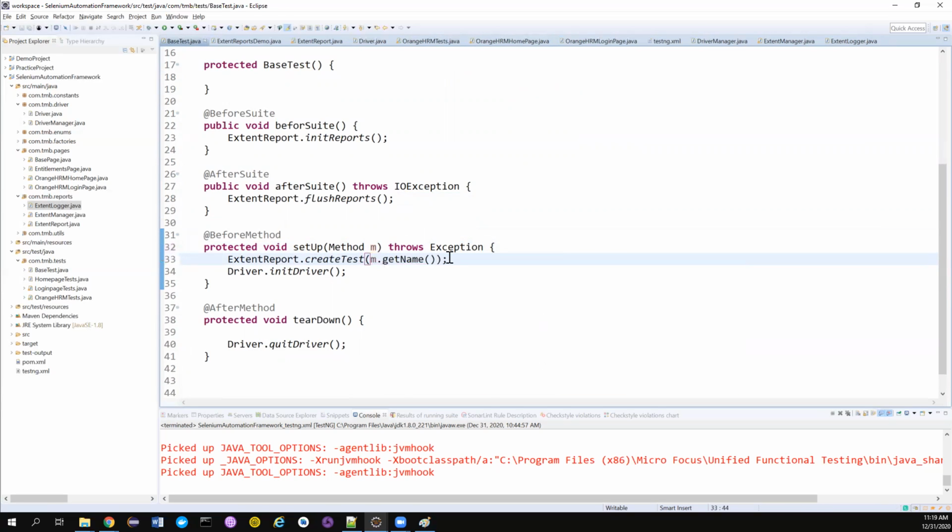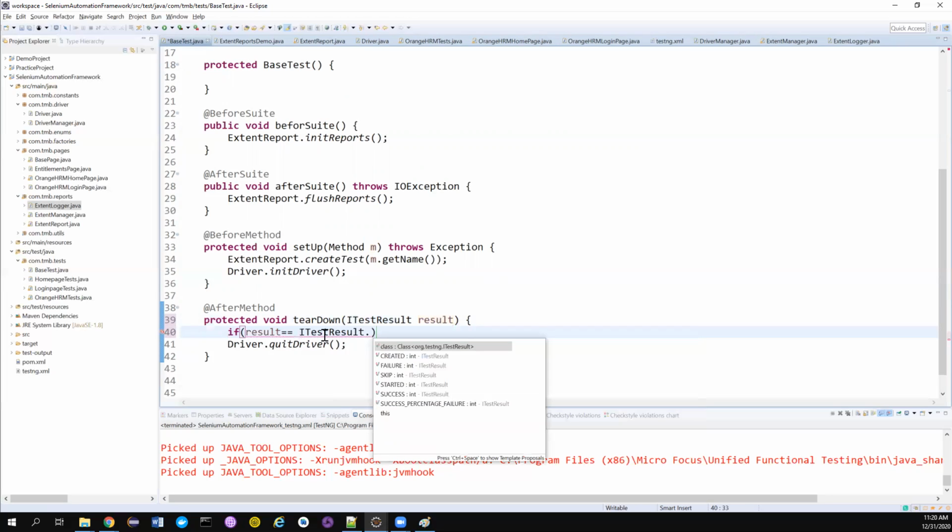So you can dynamically get the test name using reflection. That's all good. Now, even if you want to know whether the test is passing or failing, what I can do is use ITestResult. I'm putting it here; this is coming from TestNG. So this knows the result of this particular test case. So what I'm telling is, if result equal to ITestResult